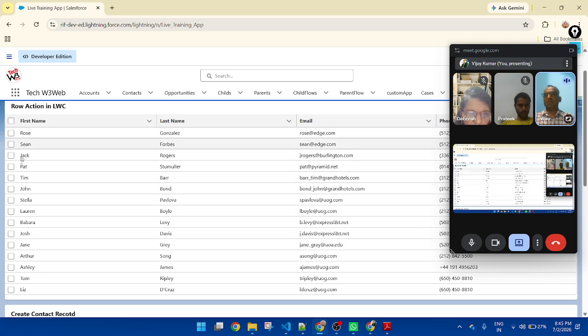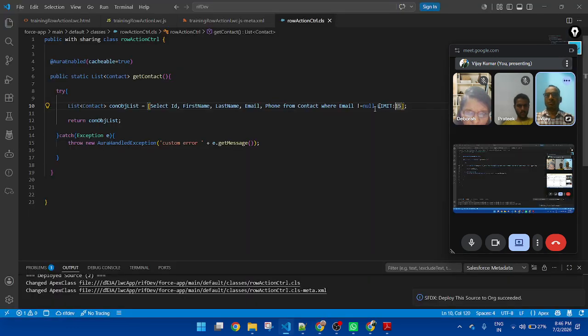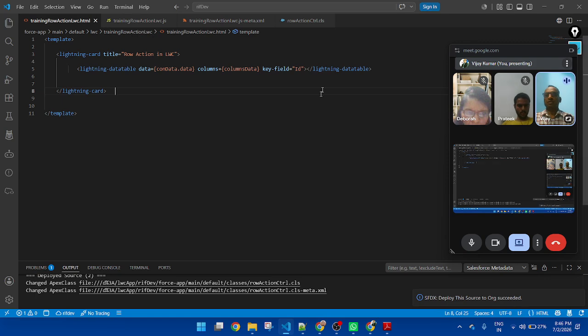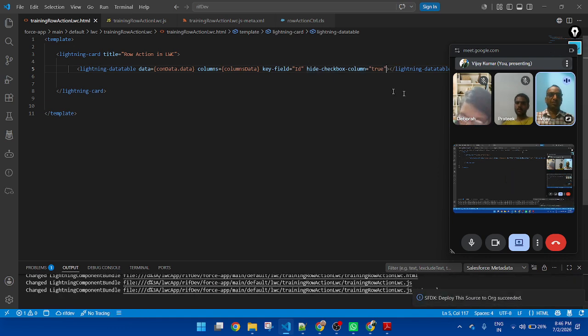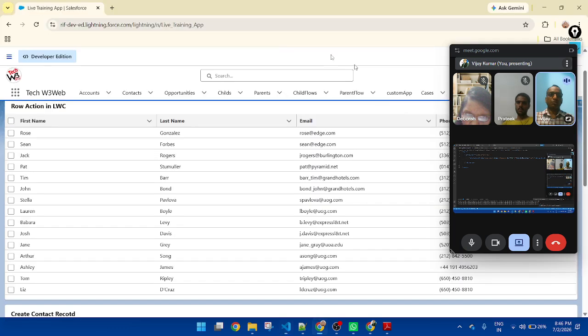Second thing is I want to display a lightning button icon instead of the checkbox. So first of all, we need to hide the checkbox. How to hide? Go to the data table. Here add another attribute: hide-checkbox-column, true.